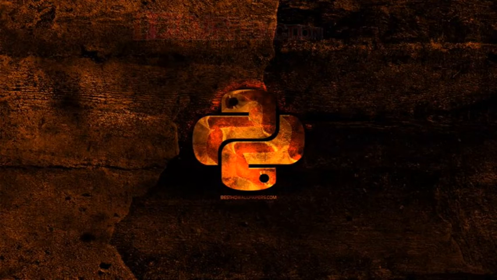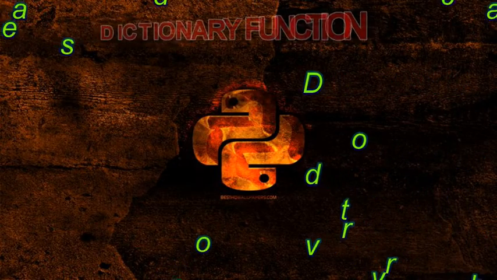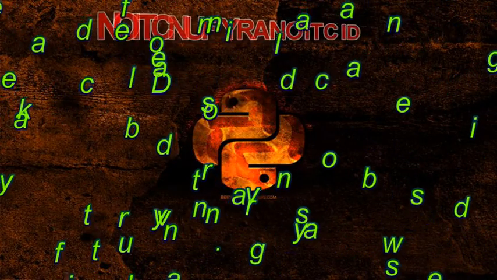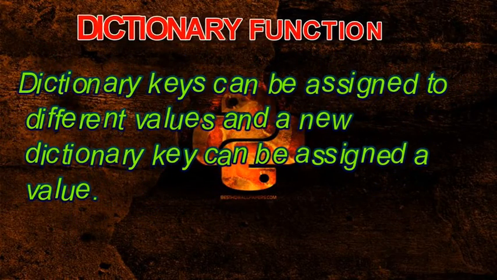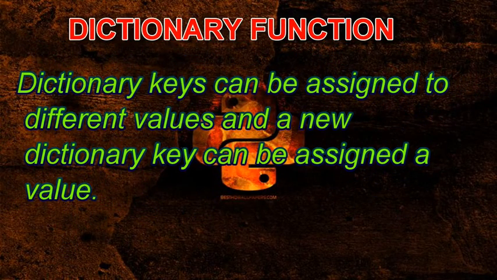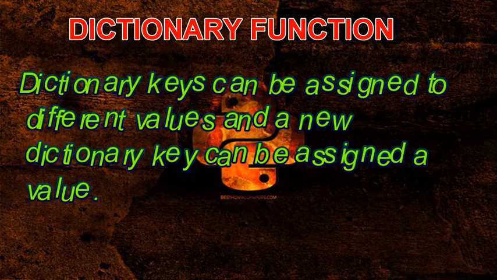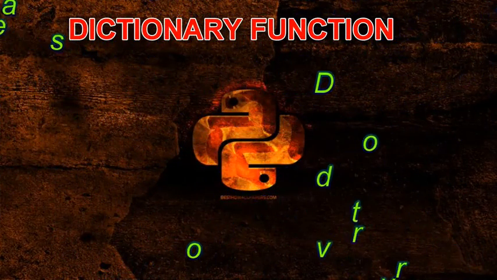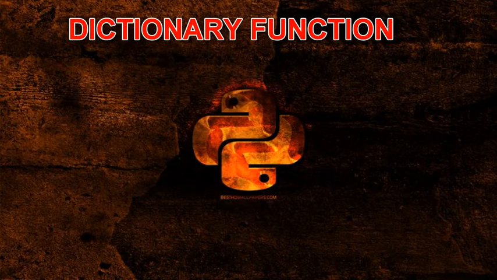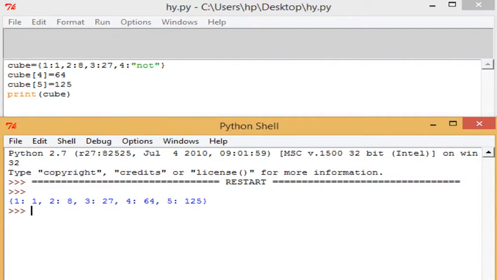I have some functions that are also available in a dictionary. When we talk about dictionary functions, they enable us to add a number to an existing dictionary, or to add a new entry with a key. For example, the basic purpose of a dictionary is similar to a simple dictionary: if we look something up, we can get its particular meaning. Similarly, a dictionary in Python has keys. So for that, we are using a function.